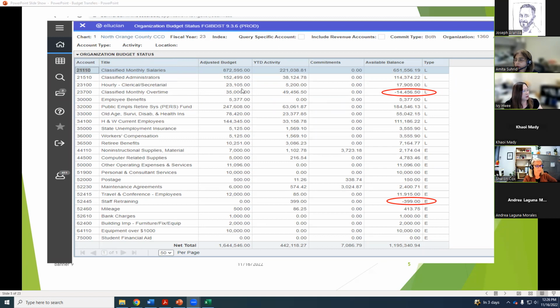So I can see 1360 here, and then this adjusted budget, and the year to date is actual expenses that have been posted, and then commitments is the purchase order or requisition that has actually been posted as well, and this available balance. So here you can see this negative amount, and then here's a negative amount, because look,